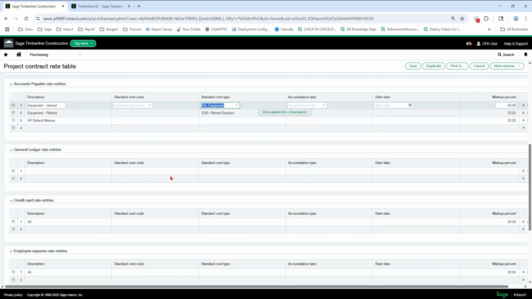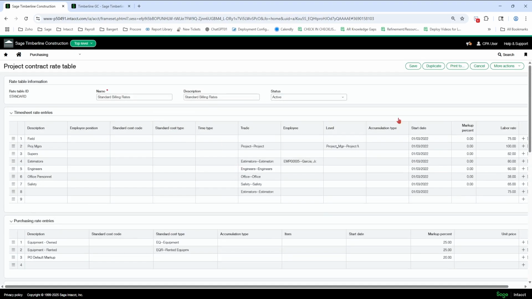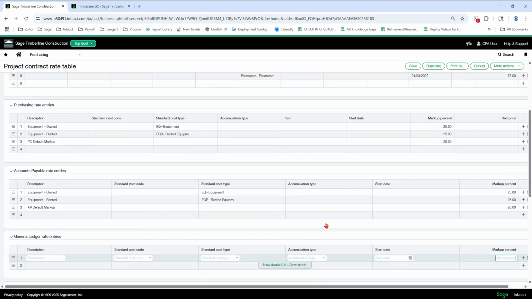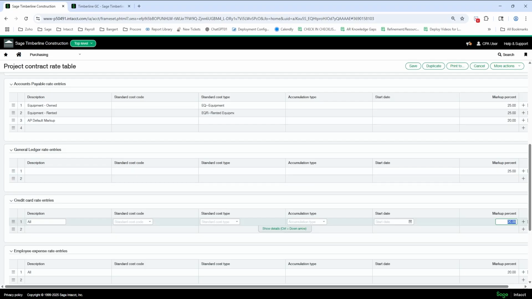General ledger rate entries, that would be things that you make an entry to on a job. For example, insurance cost. You might put a flat insurance amount, percentage of cost or something onto your job. So you can mark up those entries as well. If you want anything marked up on the job, on any area, anything that hits the system, besides labor, because that's going to be done up here, any other cost, you could simply just do this, put 25% on every single area.